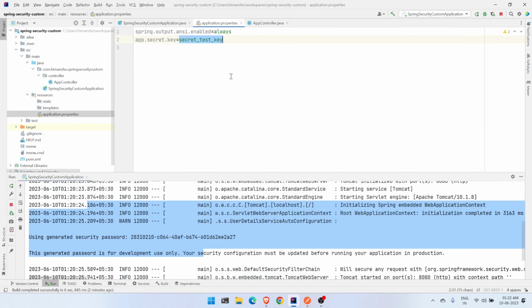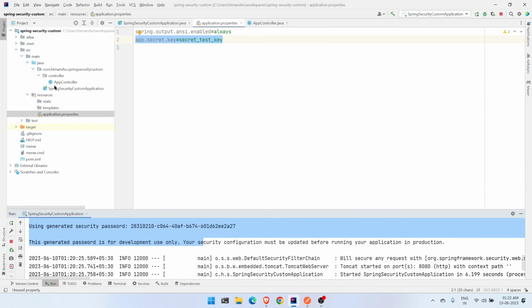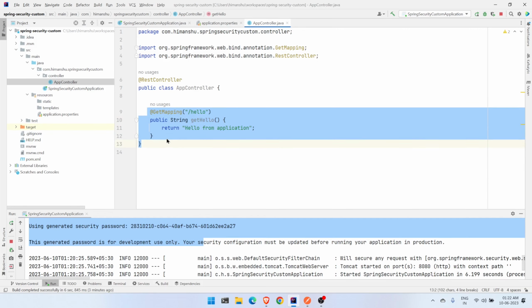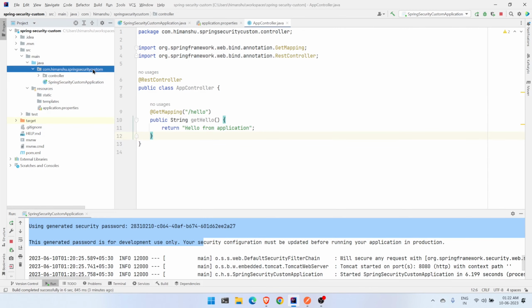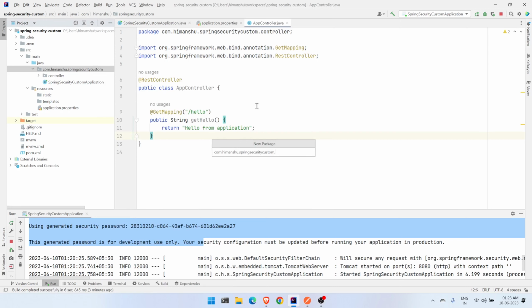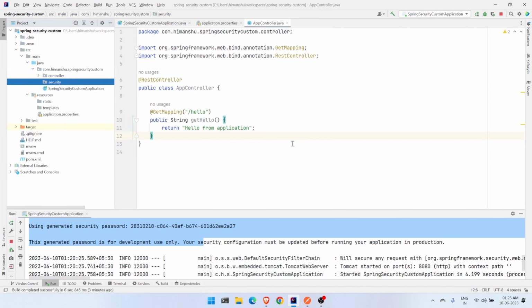Okay, so this is our secret key and we expect that any request which contains this key in its header should be a valid one. If the key is not correct, then the request should be marked as unauthorized, or we should get a bad credential exception. Alright, so let's head to the application controller, and this is the endpoint which we are trying to safeguard. So first let's create a security directory, because we are going to create couple of related things. So we say security,